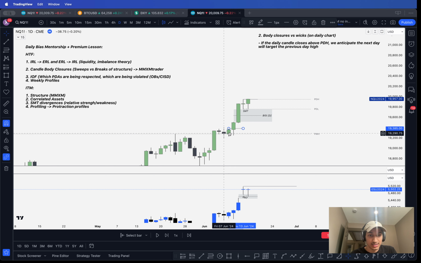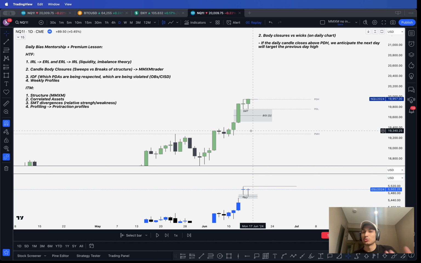You can see we close above this previous day high, and so the next day we close above that previous day high. We close above this previous day high the next day, and so the next day we trade into the previous day high. Now that is why we're going to use the idea of closures versus wicks in the next argument, because the next argument becomes